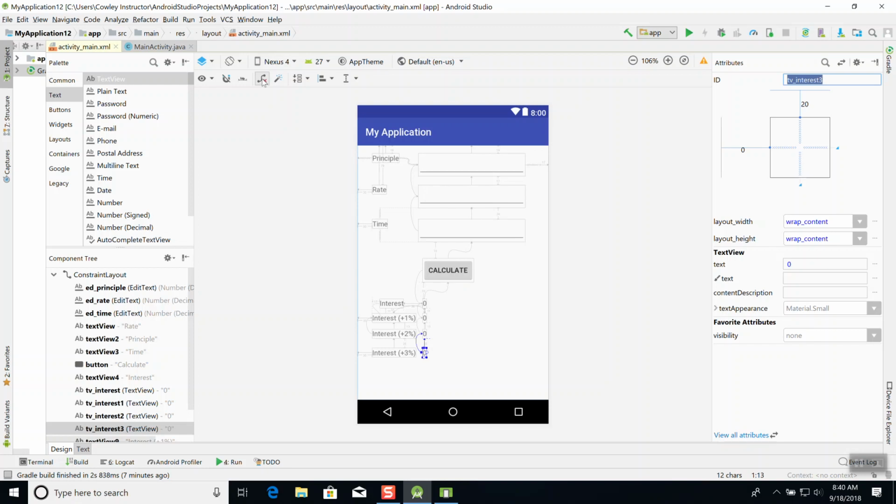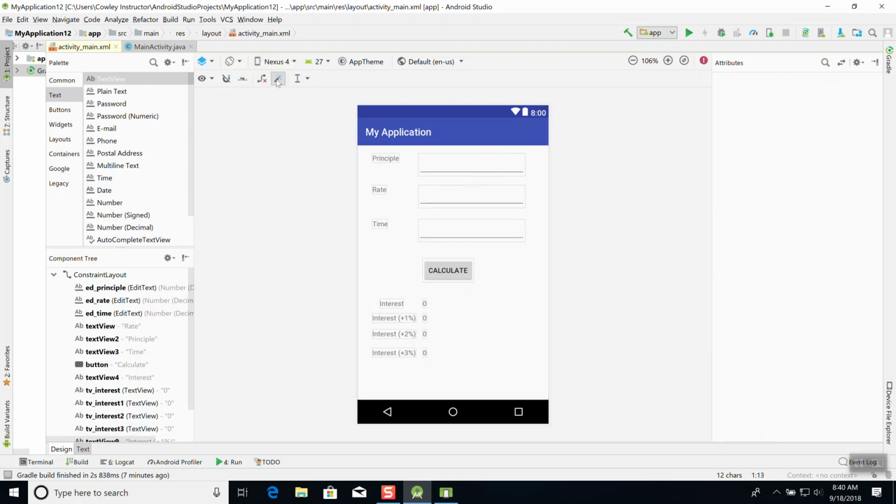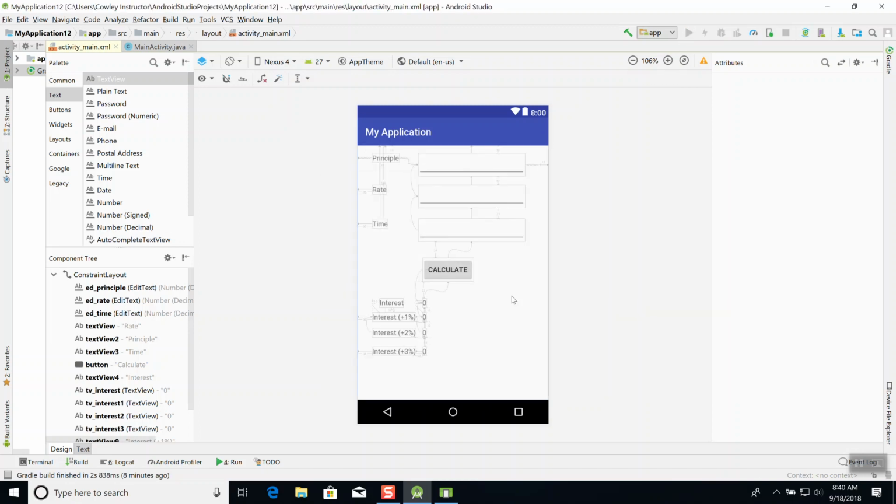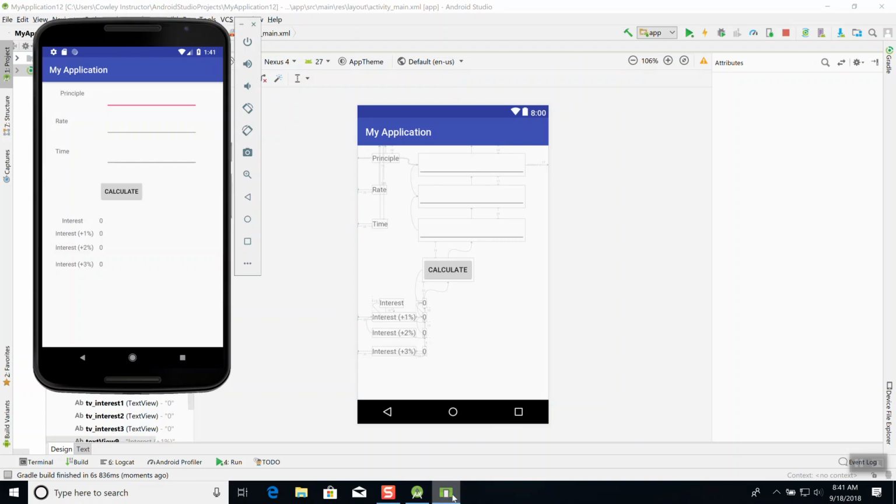Now I'm going to clear my constraints, and I'm going to do my infer constraints, set everything back up again. And let's just run it to make sure everything's working at that point. By the way, if you try to put a plus in there or a percent, I'm guessing it won't work. Probably give you a weird error. Okay, so mine came up. We haven't put the code in yet for those three, but